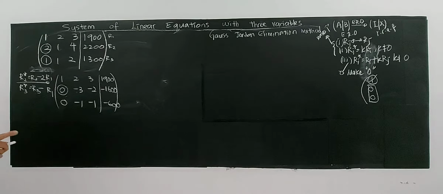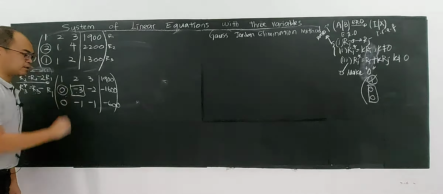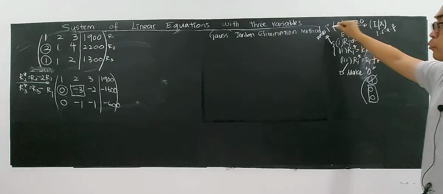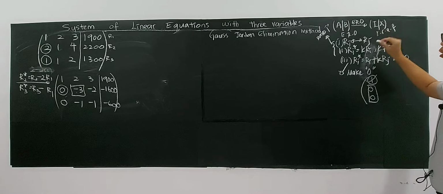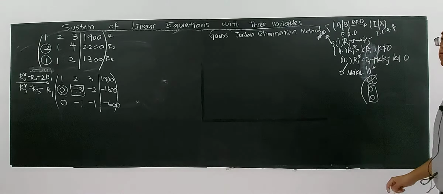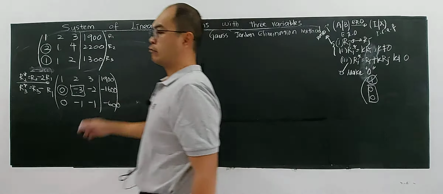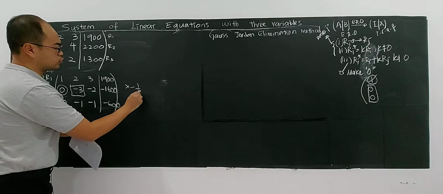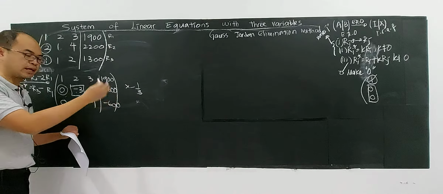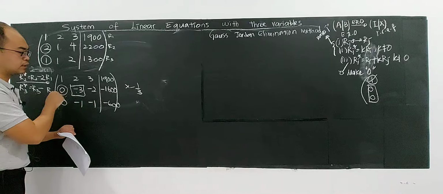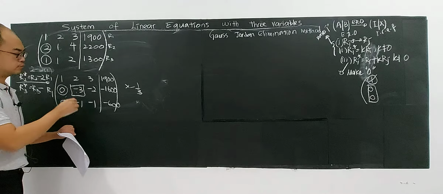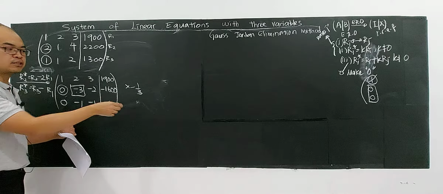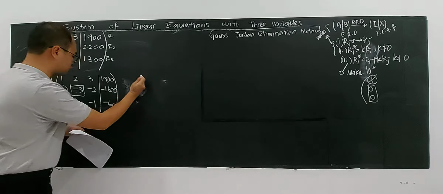The next job here is to make this become 1, right? So we want to make something become 1. I repeat again, to make something become 1, either you interchange or you multiply by a constant. In this case, you have two choices. You can multiply everything with -1/3, but this is not nice. You can do it, but not nice, because you start the operation early with fractions. You will get 1 here, of course, but you get 2/3 here, right? If you like fractions, you can continue with this operation. So I will strongly suggest that